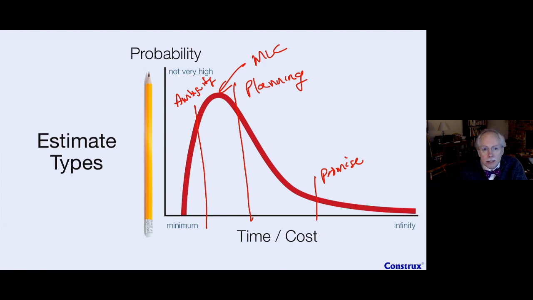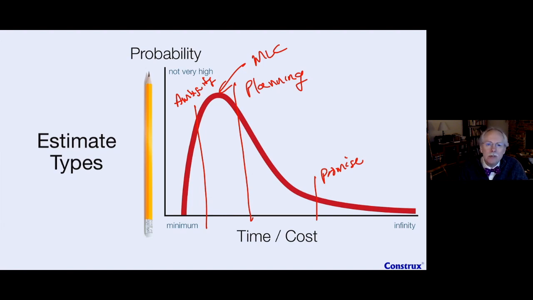And this is a classic 3-point estimate, but you can see that each point is communicating a different thing. The ambiguity point is not communicating anything besides, do we see the work the same way? The promise point hopefully is promising something, saying we are high confidence that it should not take longer than this, given all the normal things that can go wrong here. Not just the normal way we do work, but all the normal things that can go wrong and have gone wrong in our organization. And then planning number.